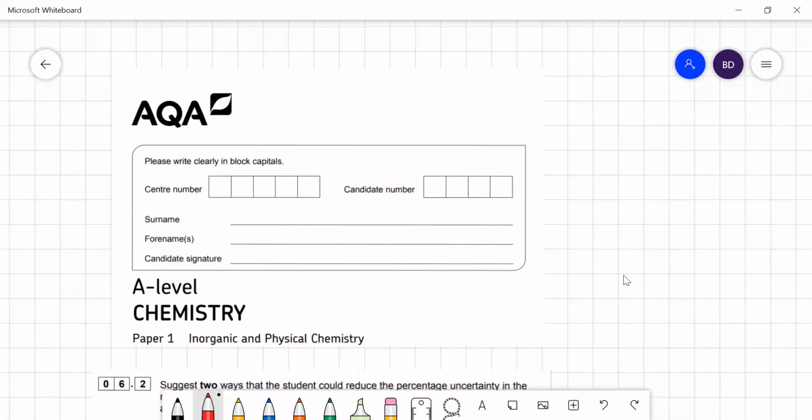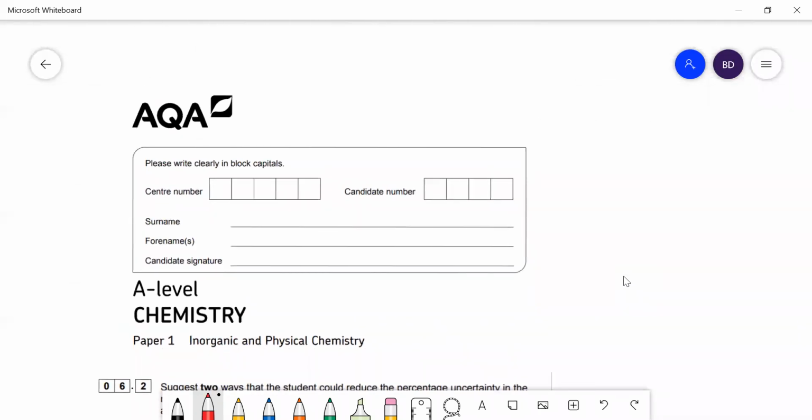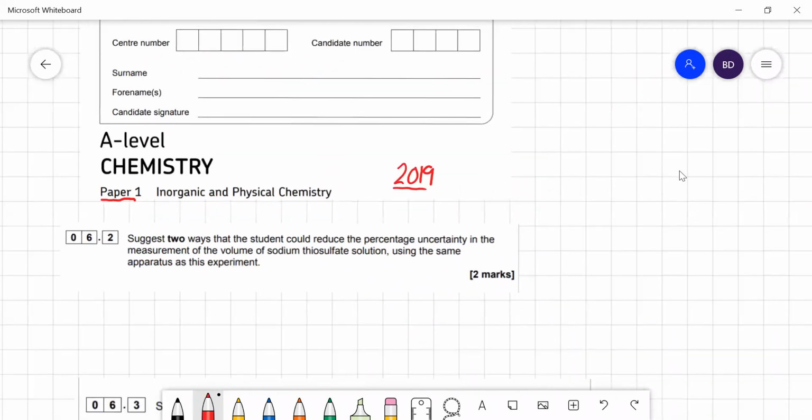Hi, in this video, I am going to go through the AQA A-level Chemistry paper. This is paper 1, the 2019 paper, and it's the second half of paper 1. I covered the first half in an earlier video. So this is the 2019 paper. Okay, so